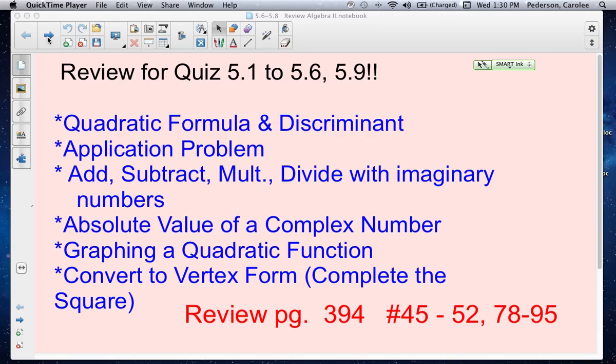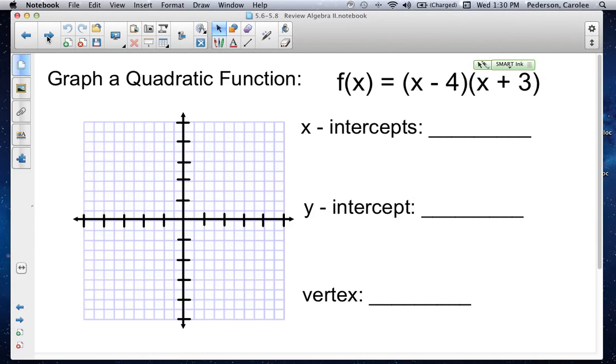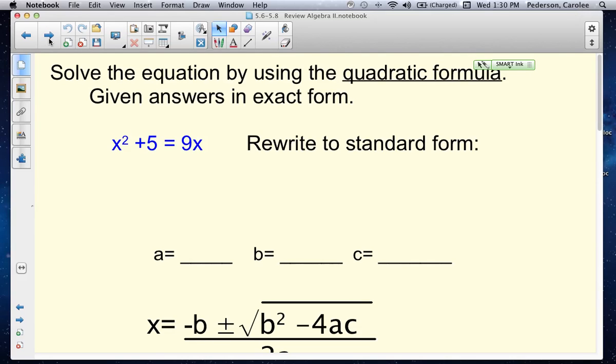So what I have is just some topics within this slide. So if there's things that you're not comfortable with, it's been a while since we've done a quadratic function in graphing, so I thought maybe that might be a place you want to start. And if I just kind of show you ahead, this is a problem where we could find the solution using the quadratic formula,